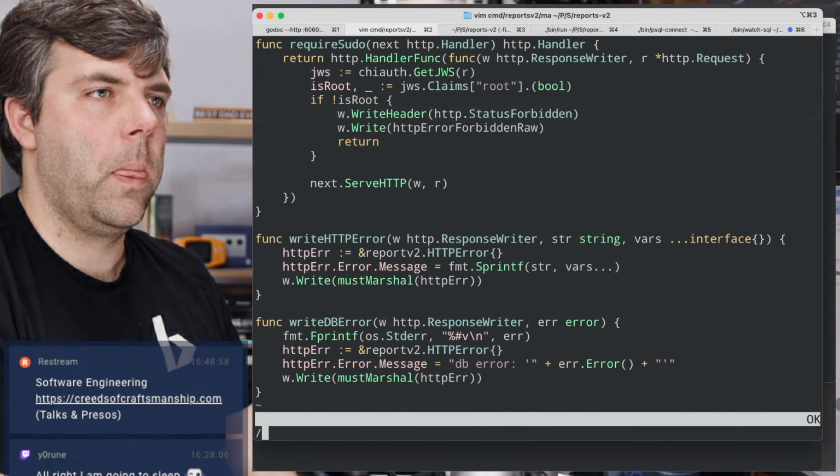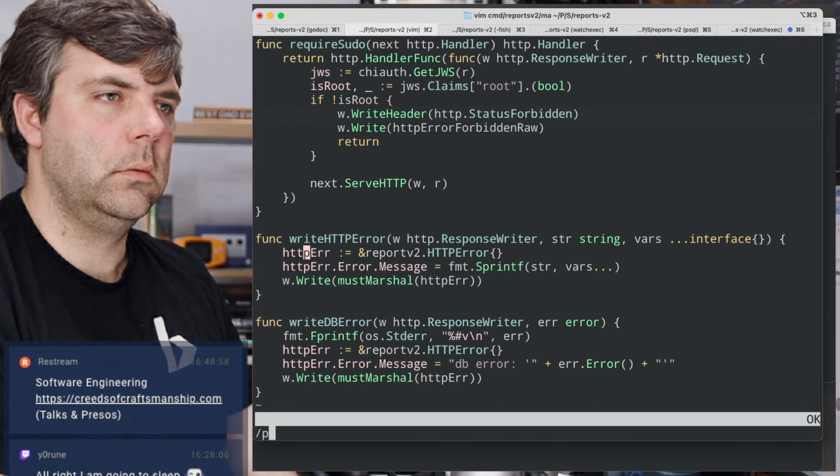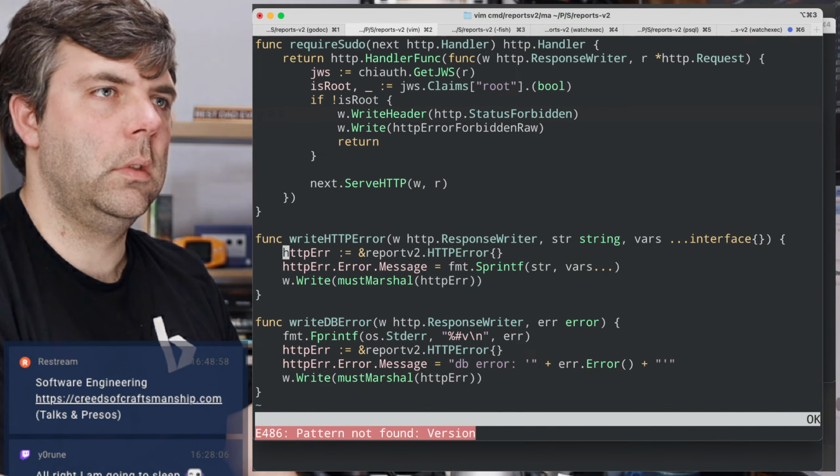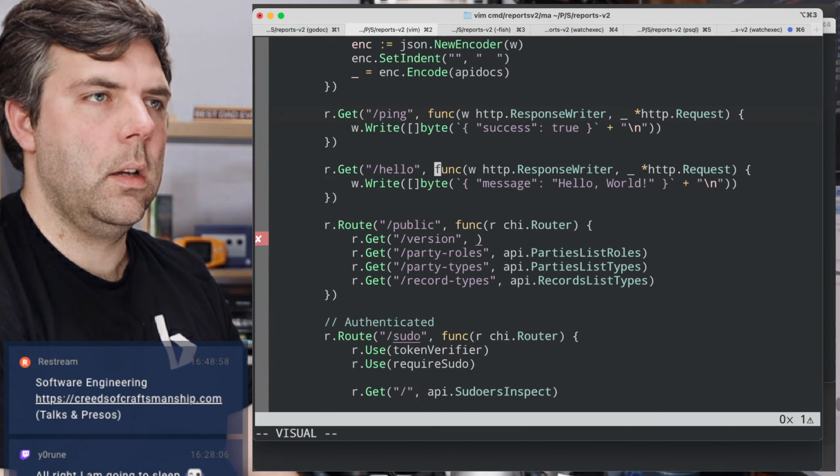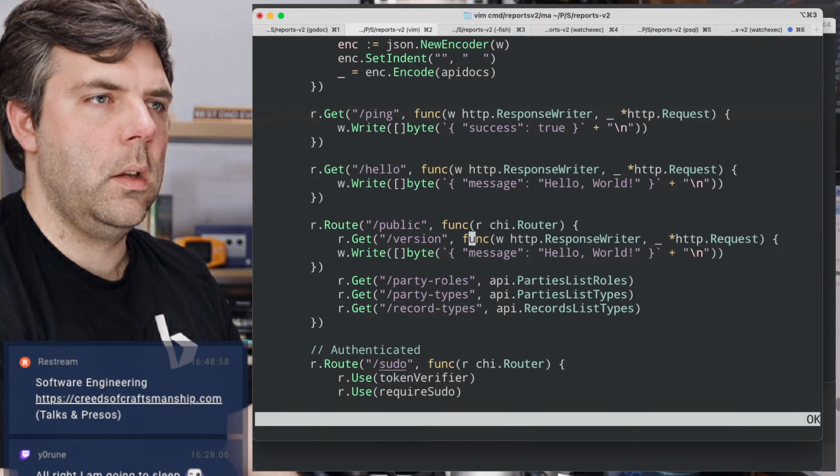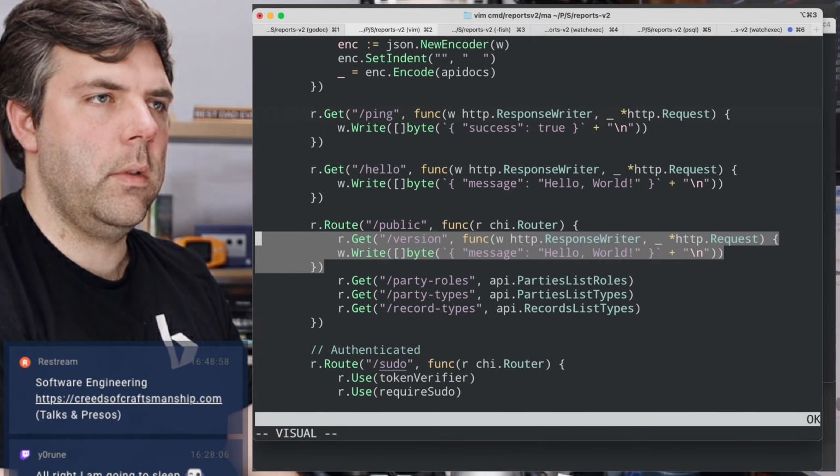Version. There we go. I need to add a version onto this, and I think it's going to be something of this nature.